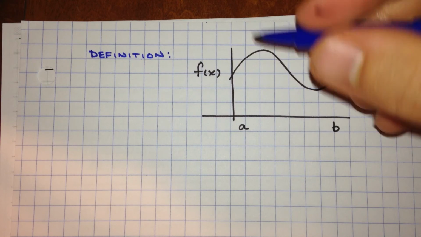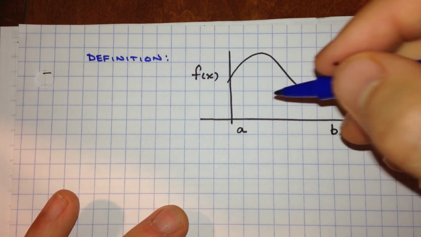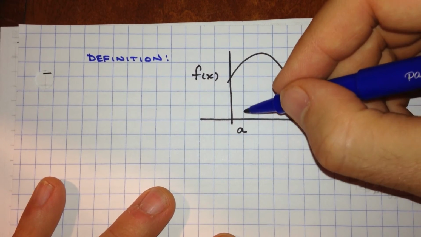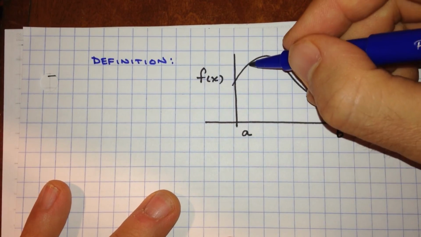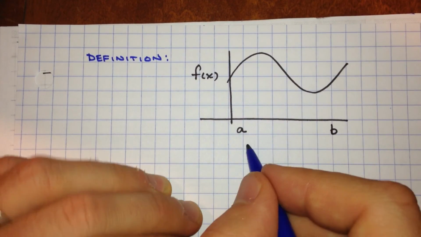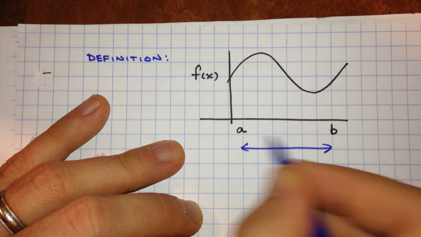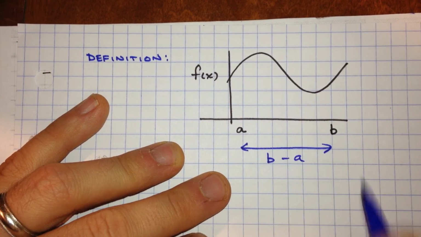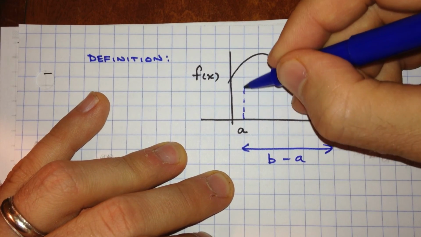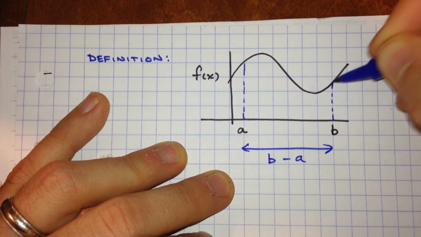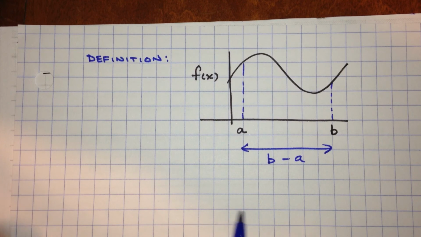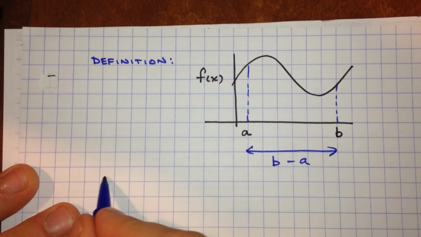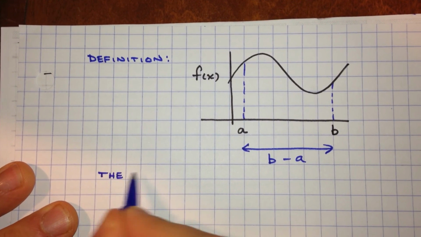The definite integral is a way of calculating a product, and that product is going to be the product of f of x and the change from A to B. Now the change from A to B is given by B minus A. So when we say that the definite integral